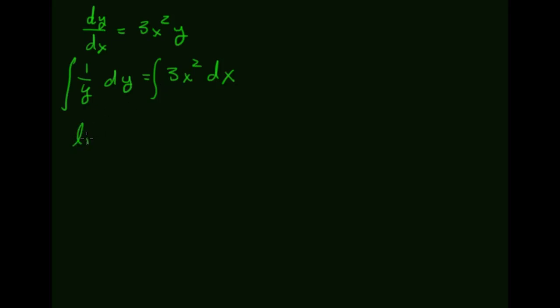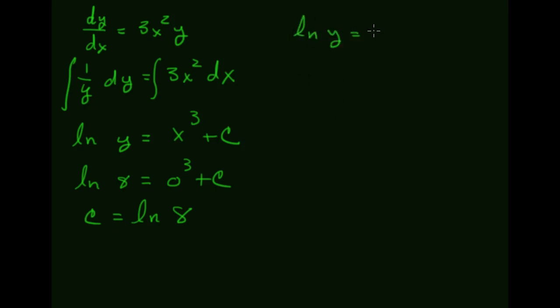So the natural log of y here has to equal x cubed plus some constant. We know that we have the point 0, 8 on the curve, so the natural log of 8 is equal to 0 cubed plus the constant, so the constant is equal to the natural log of 8. Alright, so filling that in, the natural log of y is equal to x cubed plus the natural log of 8. If I take e of both sides, I get y is e to the x cubed plus the natural